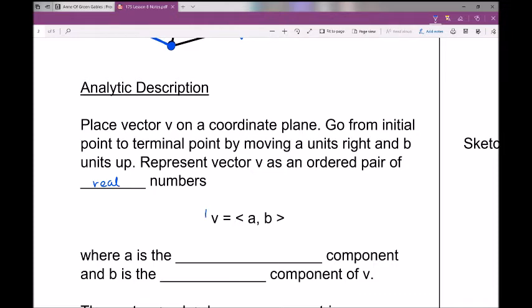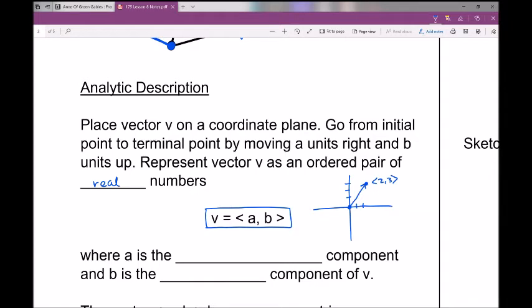So as you can see here, a vector you write as an ordered pair, except instead of parentheses, you use these little diagonal or triangular brackets. Okay, so for example, let's say we had the vector ⟨2, 3⟩. So let's say we go over 2 and up 3. That would be the terminal point of your vector, and we're just going to assume that we started at (0, 0) here. So this would be the vector ⟨2, 3⟩. Okay, so again, just like an ordered pair, but by using those triangular brackets,